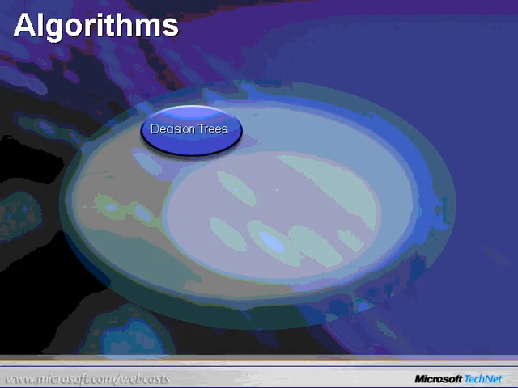There are a number of algorithms available in SQL Server 2005. The decision tree algorithm calculates the odds of the outcome based upon the values in the training set. For example, a person in an age group of 20 to 30 that makes over $60,000 a year and owns a home is more likely to need lawn service than someone in an age group of 15 to 19 who doesn't own a home. Based upon the age, income, and home ownership, the decision tree algorithm can calculate the odds the person needs a lawn service based upon historical values.